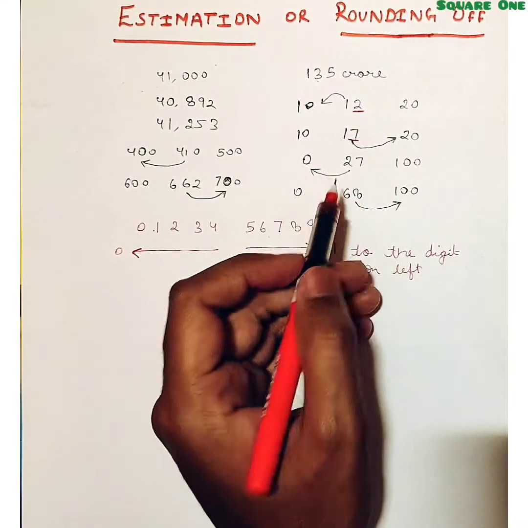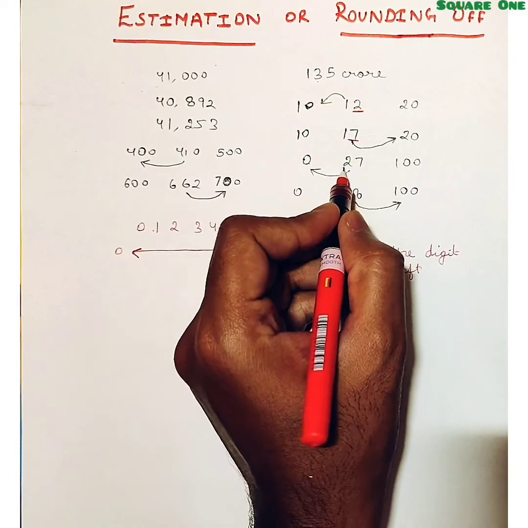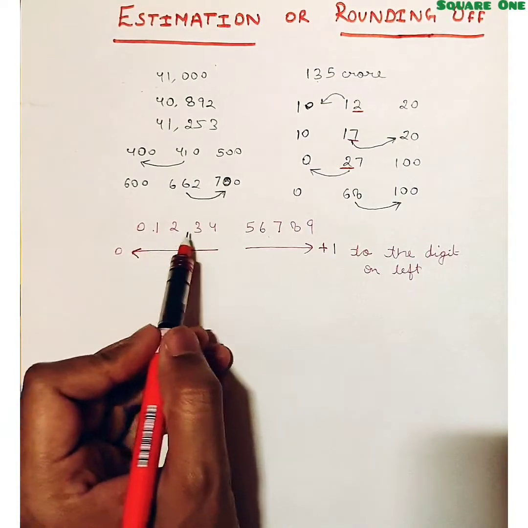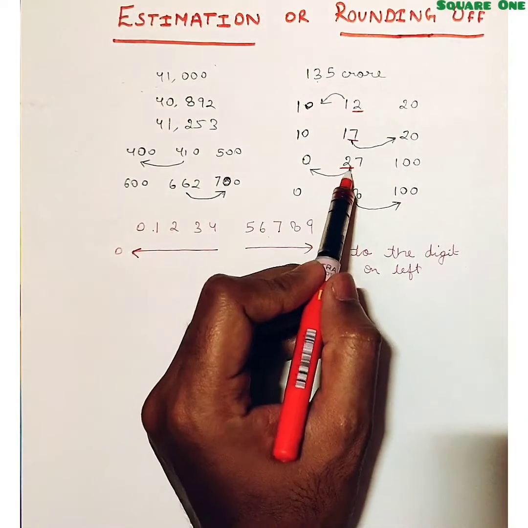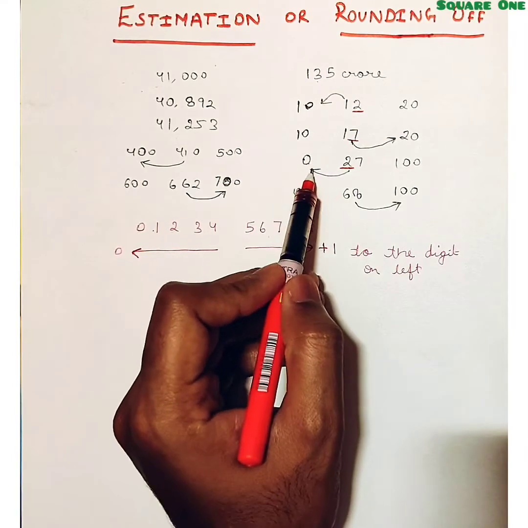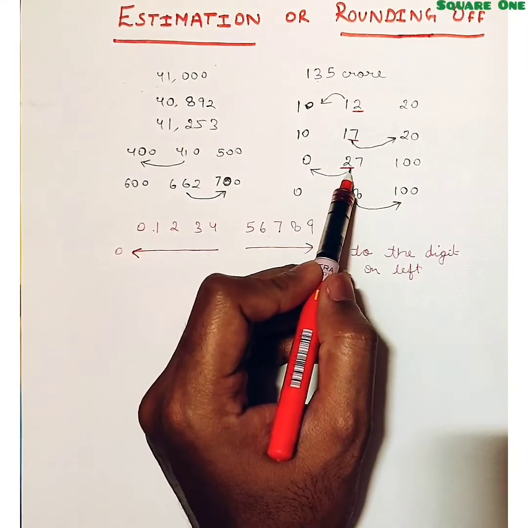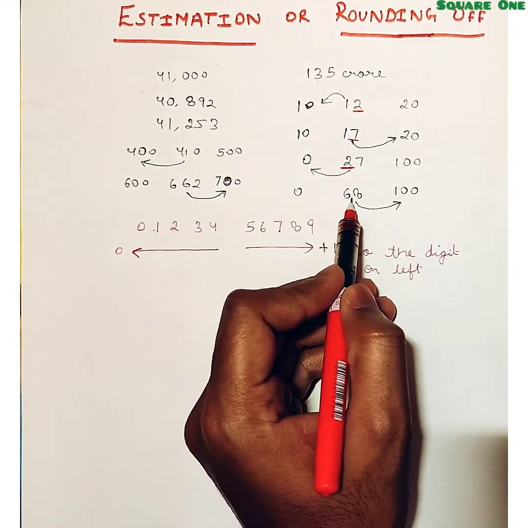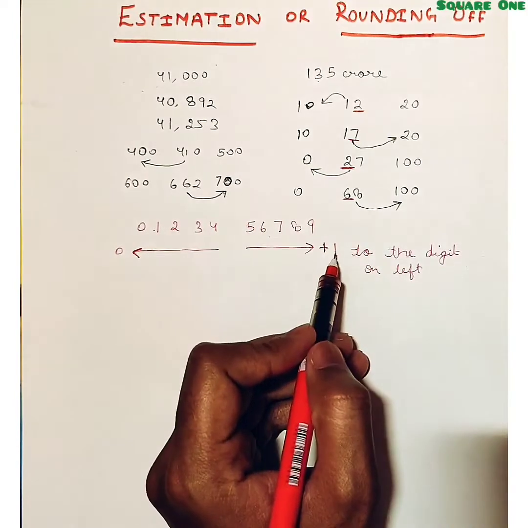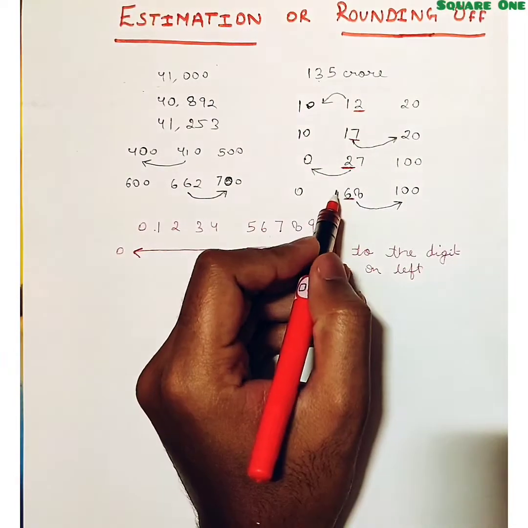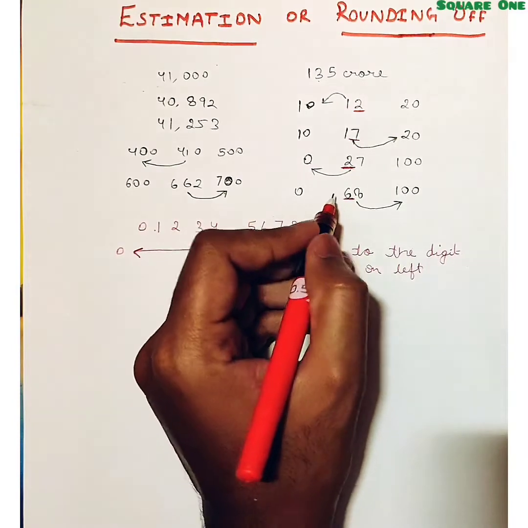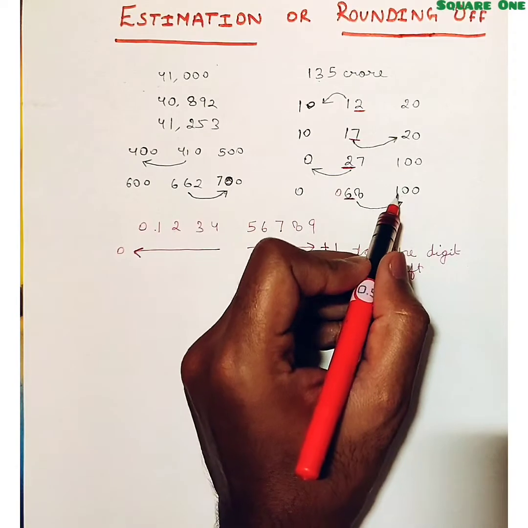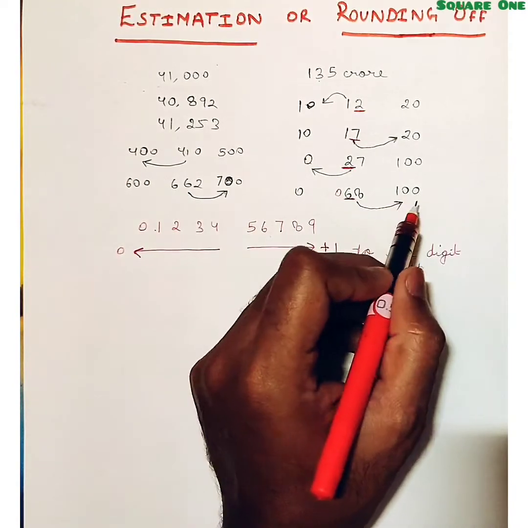Suppose we see this number and we have to round this. Here we are rounding off this digit. Okay. So now the rule says that 0, 1, 2, 3, 4, these digits are rounded off to 0. So this 2 is rounded off to 0. The number becomes 0. Okay. Whole of this number becomes 0 because here we are rounding off this tens digit and not ones. In this number 6, the rule of 6 says that you add 1 to the digit on the left. Here we did not have any digit, or we can say that here we had 0. So we have added 1 to the digit on the left. So now it becomes 1 and the other digits become 0. All the other digits become 0.